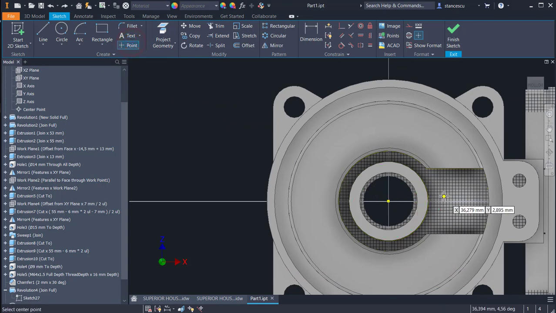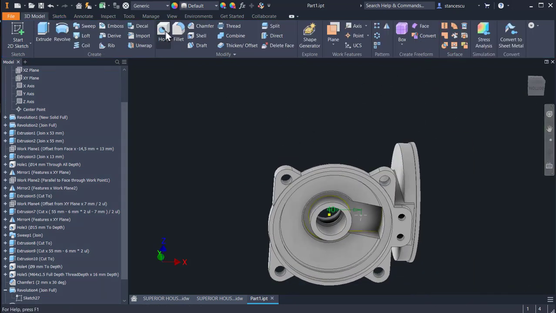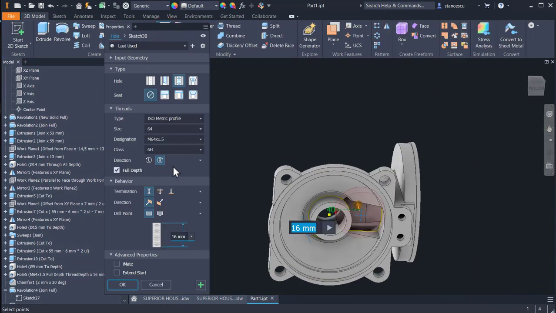Point somewhere in the air, and the same horizontal with this center point. The distance is 40. 40. Finish sketch, hole, simple,